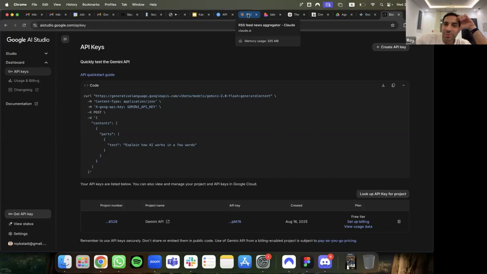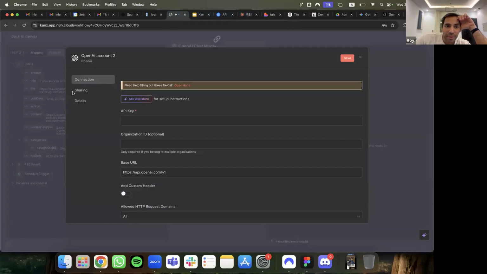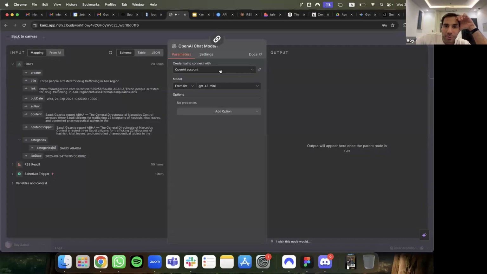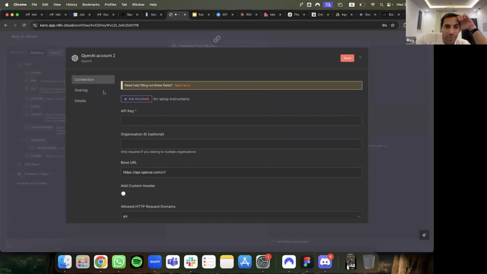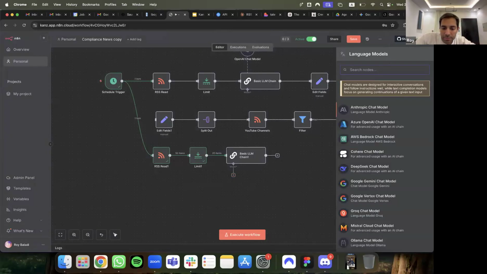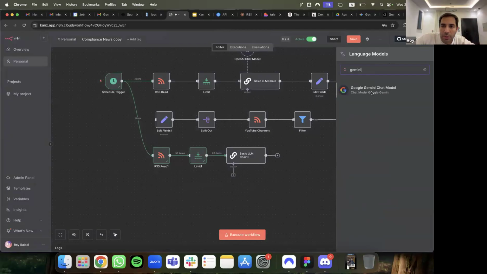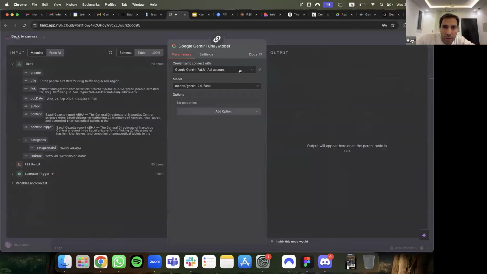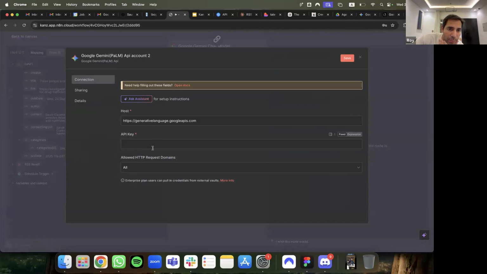So now let's go to n8n. Back to n8n. We don't want the OpenAI account. We're going to put in new credentials, and it's not going to be an OpenAI account. Sorry, everyone. We're not using OpenAI accounts, so trash the OpenAI chat model, go back to the plus, and in plus, type Gemini. Now you've got Google Gemini Chat Model. You select it. I already have my credentials, so I already have my API key here. For you, it's just create new credential and copy paste your API key.